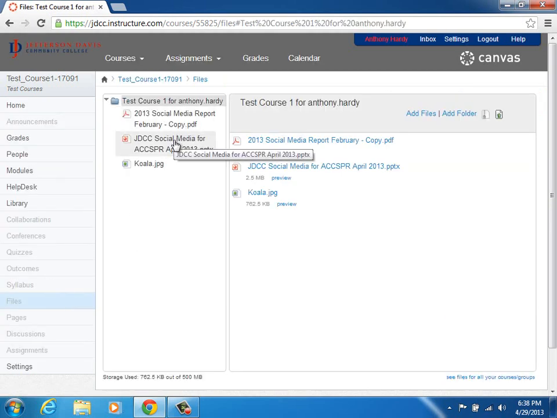There's the PDF, the PowerPoint, the Koala JPEG. All that stuff is here. There's no need for students to see it like this. This won't make any sense to them. Keep that item hidden. If I go to Pages,